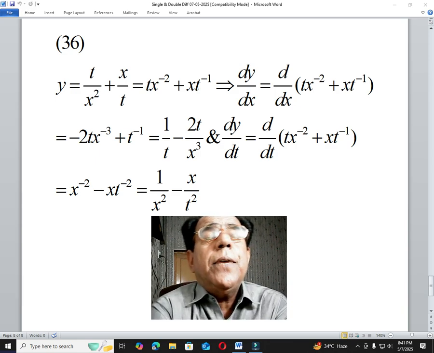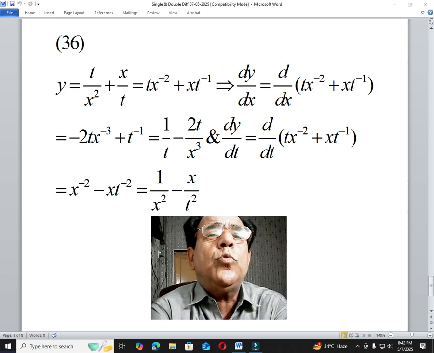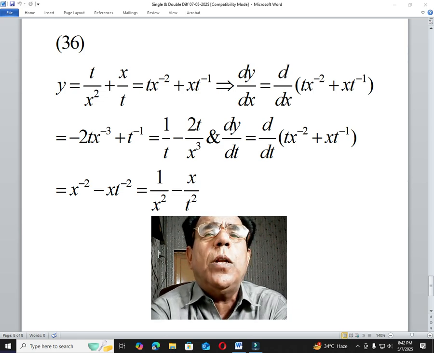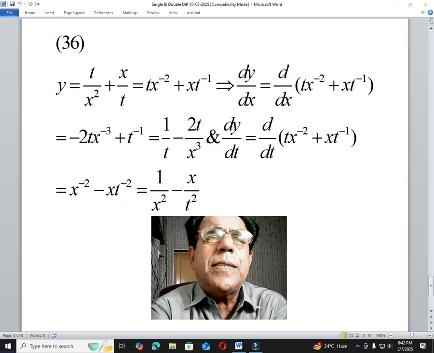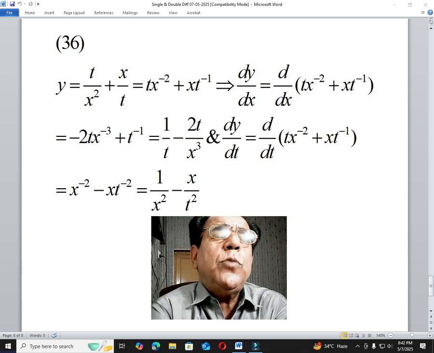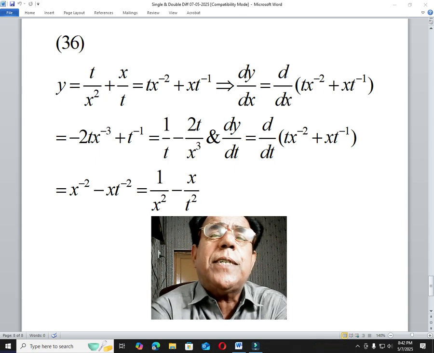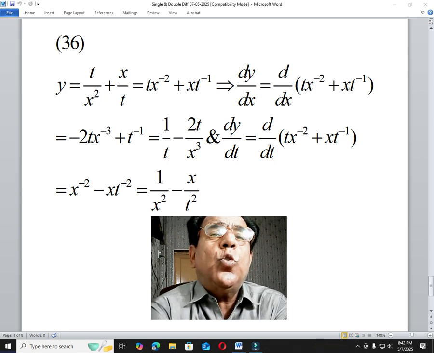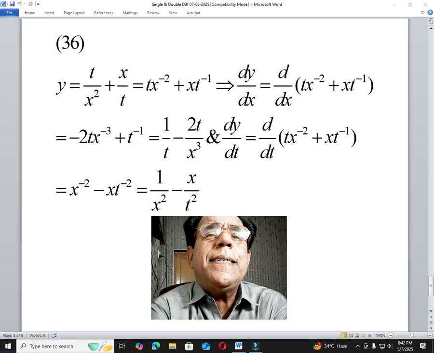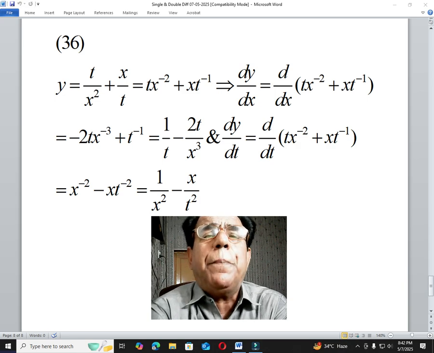So when y is equal to this, then dy by dx will be equal to d over dx into the whole function as given in the original form, okay. Now while we are going to differentiate with respect to x, t will operate as a constant factor, okay. So d over dx of tx raised to power minus 2 plus x into t raised to power minus 1 will become